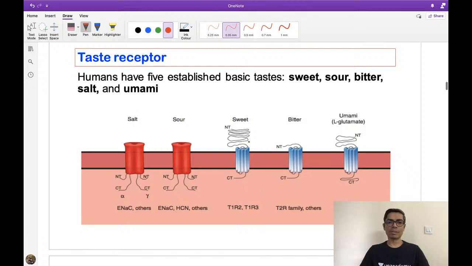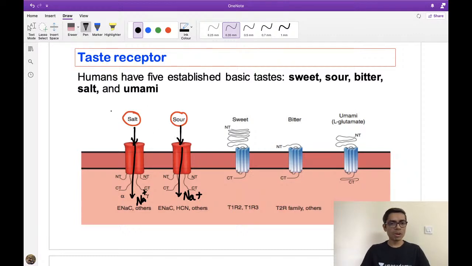It is taken from Genong, right? So salt and sour, what are you finding out? That these two receptors are nothing but ion channels. So this is the pore of the channel through which ions will enter inside the taste cell, and because of which the taste cell will be stimulated. So which ion is going to enter? In both of the cases, sodium is the main ion, right?